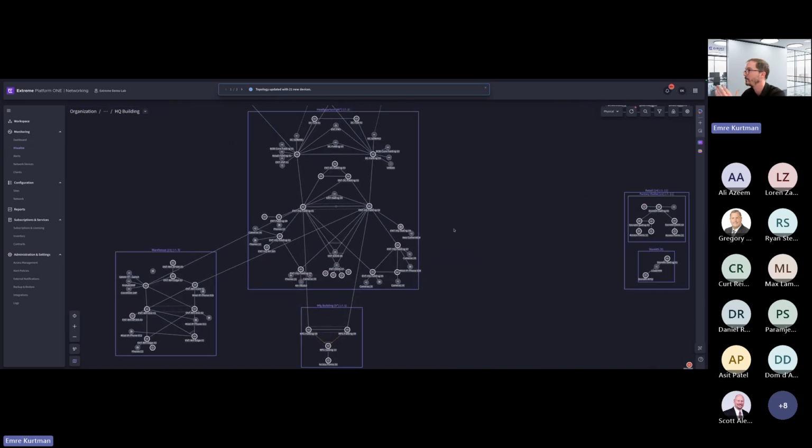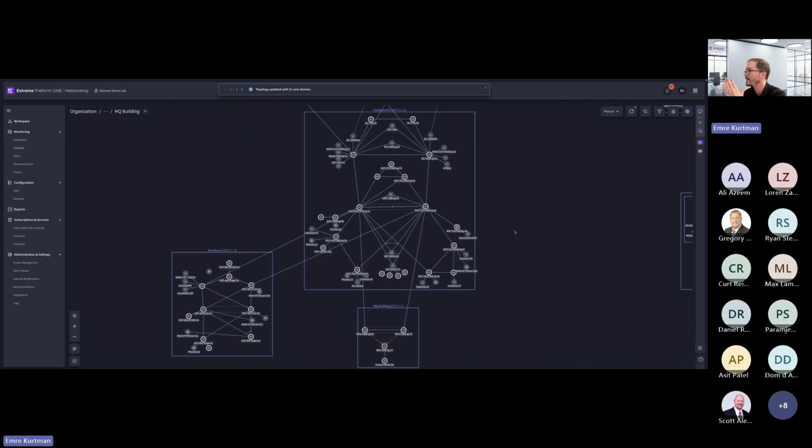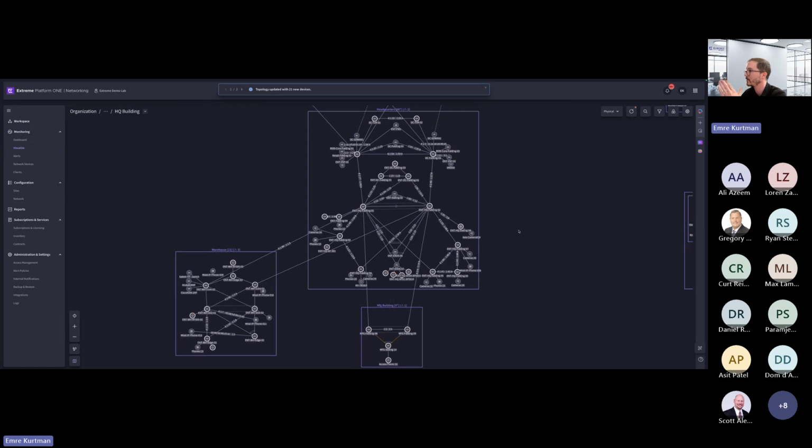Let me make it a bit bigger. By the way, I hope it's visible enough because I'm using a white screen. So if you think this is too small, I can switch screens, but I hope it's fine. So this is the physical network. And as I mentioned, there's nothing really special when it comes to physical network. All the other vendors have some sort of a topology management system. But what is really unique is we have this context-based inspector panel.